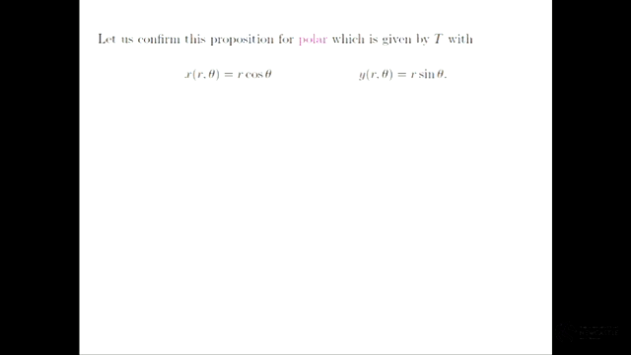Okay, so let's confirm this proposition for polar, which is given by a transformation with these components. And I think maybe this will be the last thing that we can do today. So if you give me a length and an angle, then I can give you an x. That's r cos theta. If you give me a length and an angle, I can give you a y. That's r sine theta. Our proposition says that to integrate over R of a Cartesian function f(x,y) dx dy